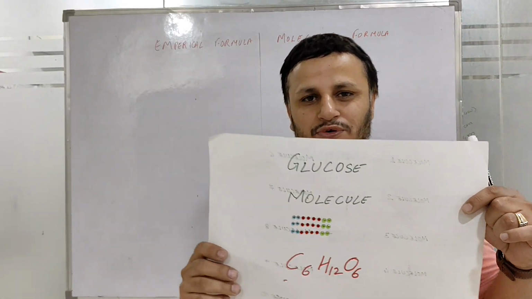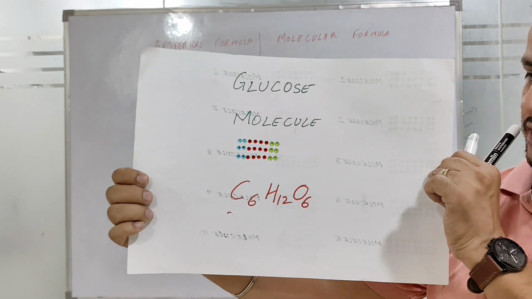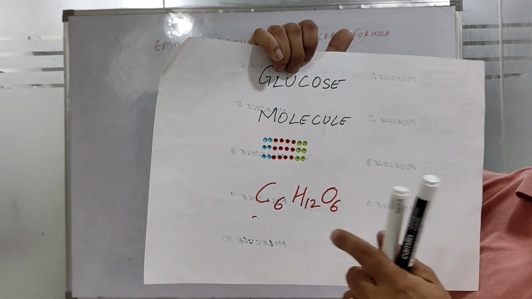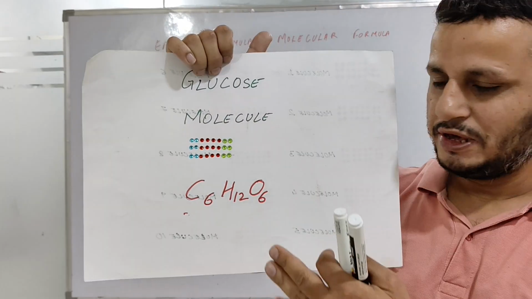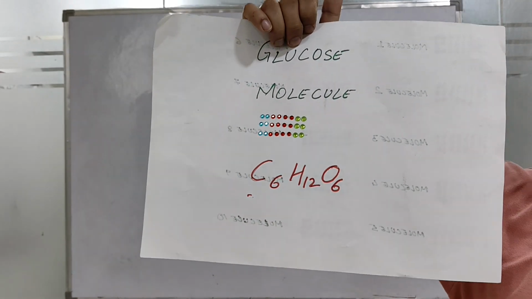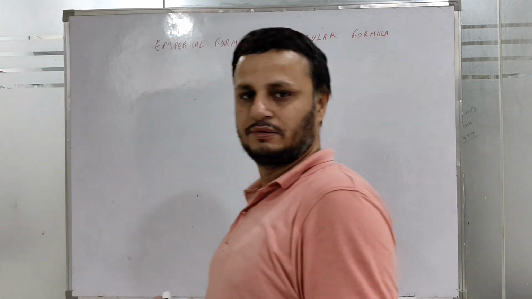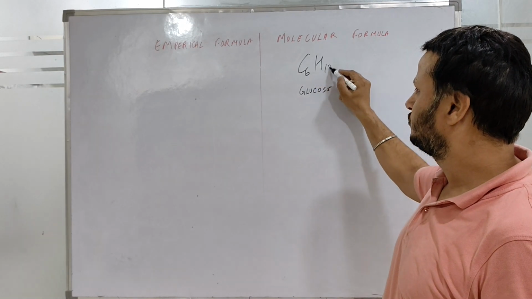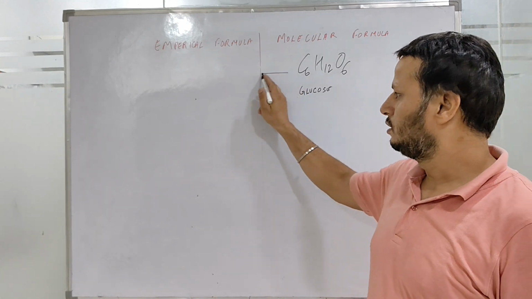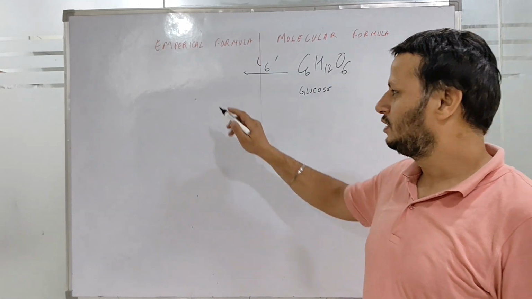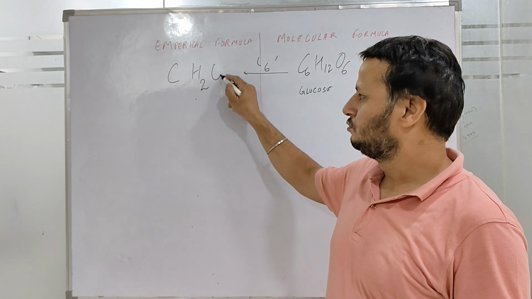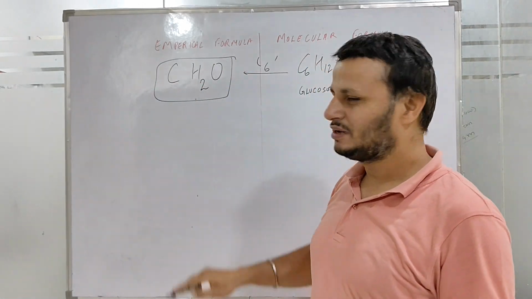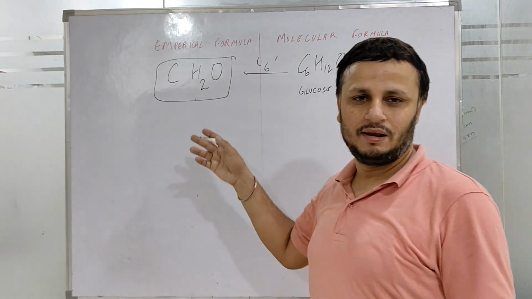The molecular formula of glucose is C6H12O6. क्या इन तीनों एलिमेंट्स कार्बन, हाइड्रोजन, ऑक्सीजन, क्या इनमें से कोई एक नंबर कॉमन आ रहा है? कि 6 इज कॉमन, कि ग्लूकोज इज C6H12O6 और अगर हम इनमें से 6 कॉमन ले लें तो इट विल बिकम CH2O। तो जो ये 6 कॉमन लेने के बाद फॉर्मूला बना दैट इज नोन एज एम्पेरिकल फॉर्मूला।